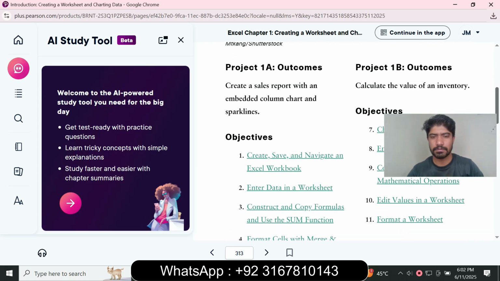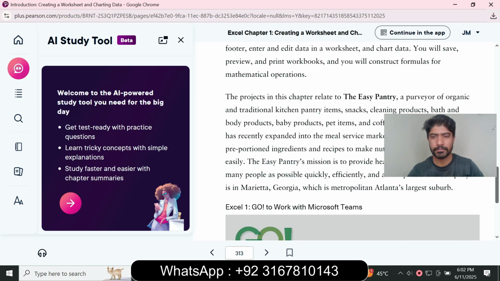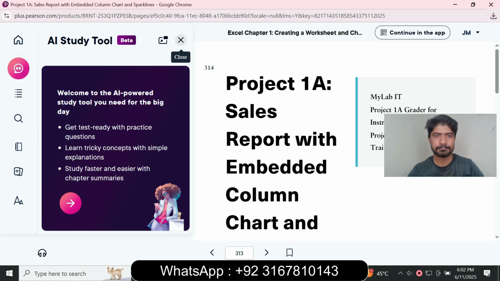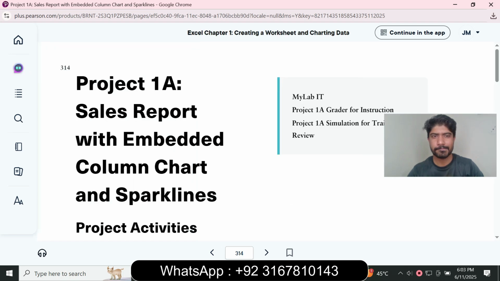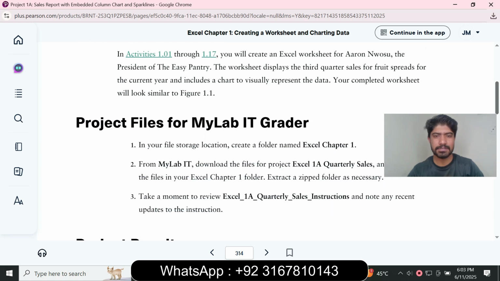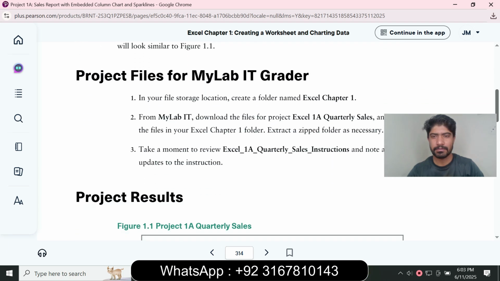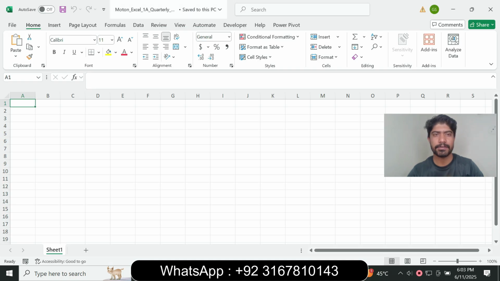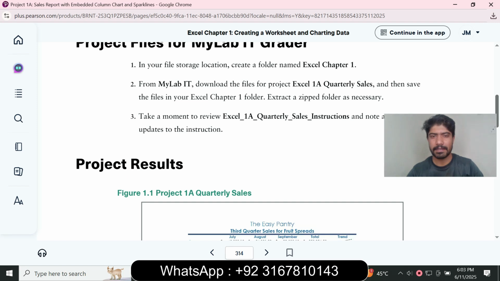Go to the instruction files. Project 1 is sales reports, column chart and sparklines. From MyLab IT, download the file Excel 1A Quarterly Sales. I have already downloaded Excel 1A Quarterly Sales, and next is